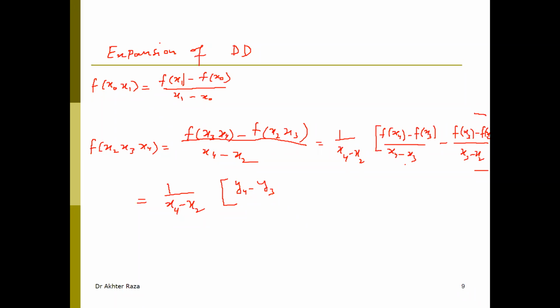If I take LCM, instead of writing in this pattern, I am just writing it by f(x) by taking LCM. So by LCM we have x3 minus x2 times f(x4), minus